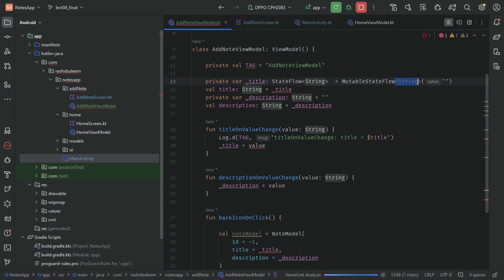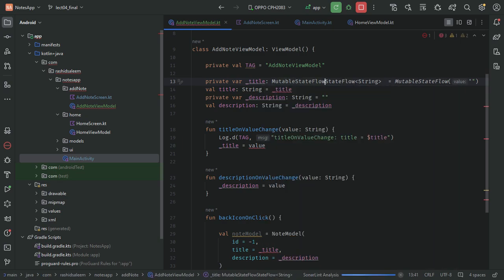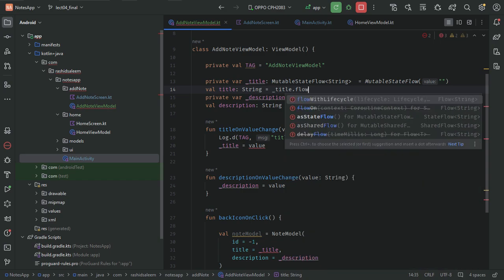And we want to expose the public variant of that, so mutable state flow at this stage, and expose the immutable version of that. So for that we will use asStateFlow,